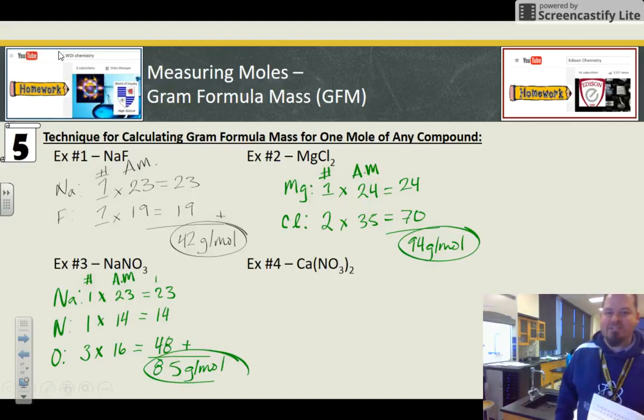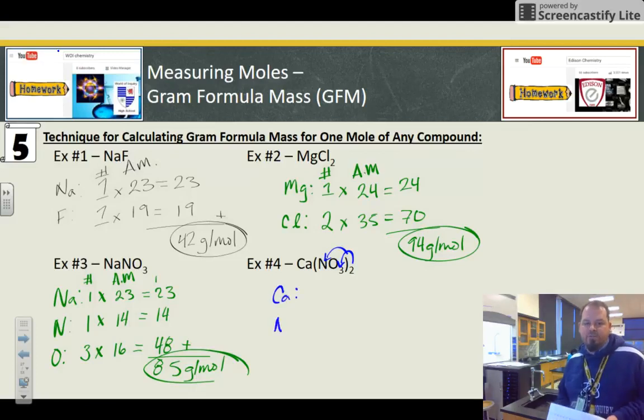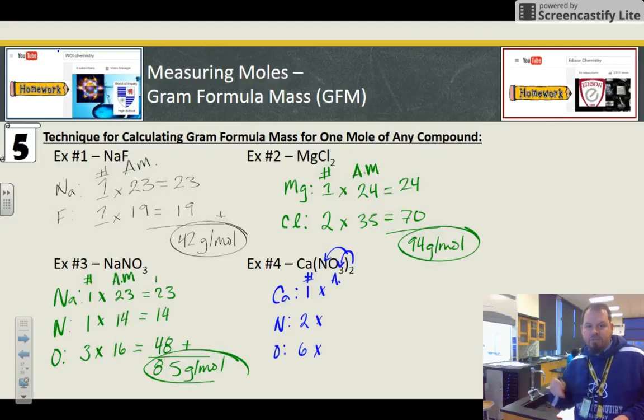All right. Now, here's where things get tricky. This is the one you can't screw up because we got to go backwards with that 2 there. If you need to, the first few times you do this, write out NO3, write it out 2 times. If you have to do that for the first time, no harm, no foul. Okay. But 1 calcium, 2 nitrogens, 6 oxygens, filling them in,